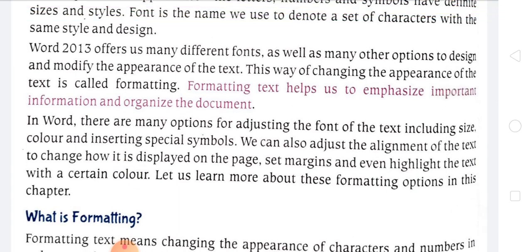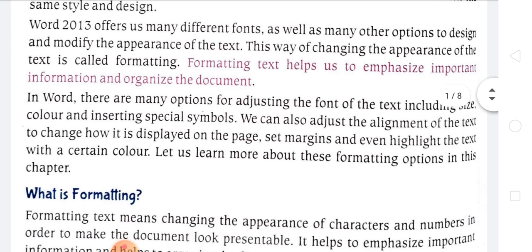In Word, there are many options for adjusting the font of the text, including size, color, and inserting special symbols. We can also adjust the alignment of the text to change how it is displayed on the page, set margins, and even highlight the text with a certain color.